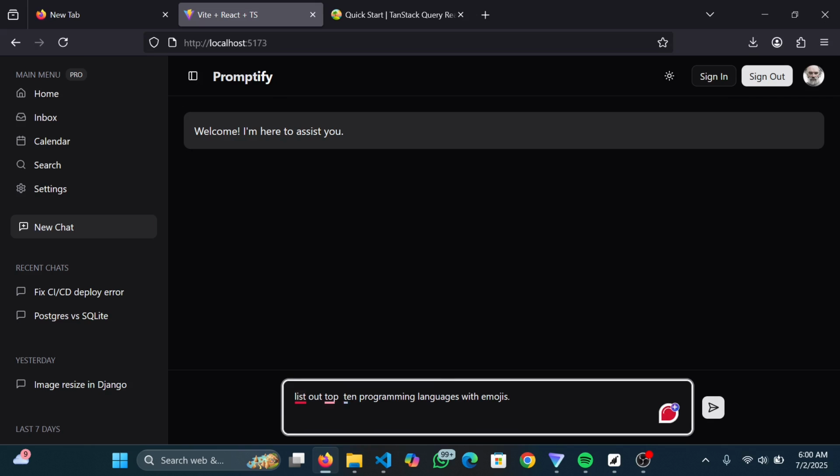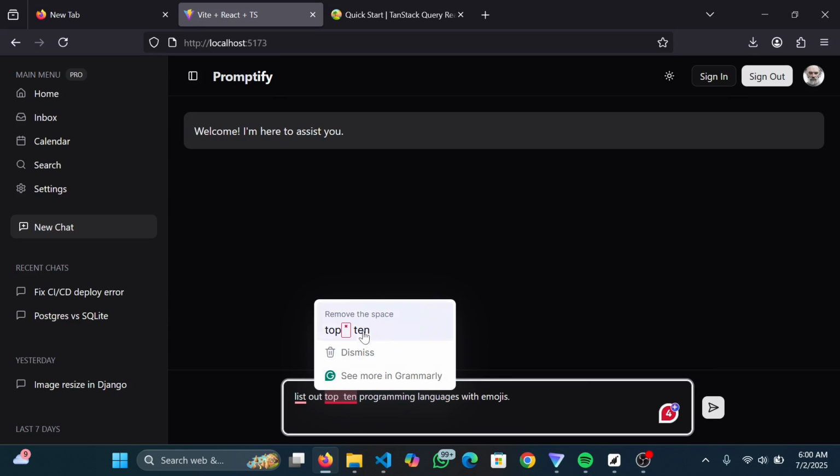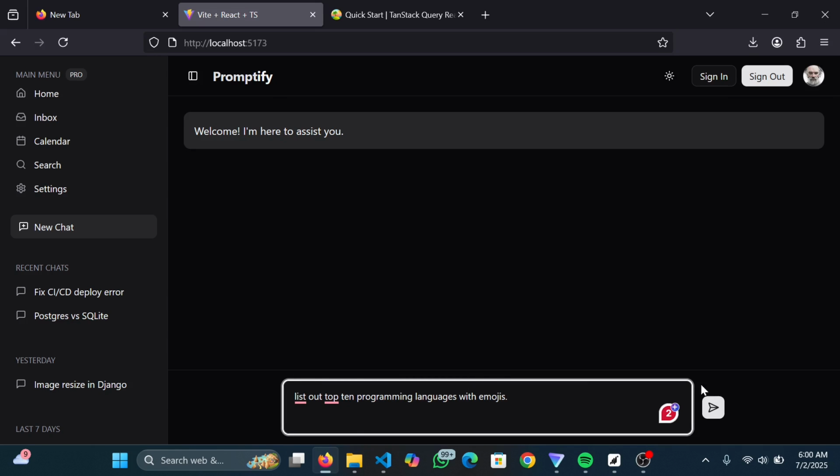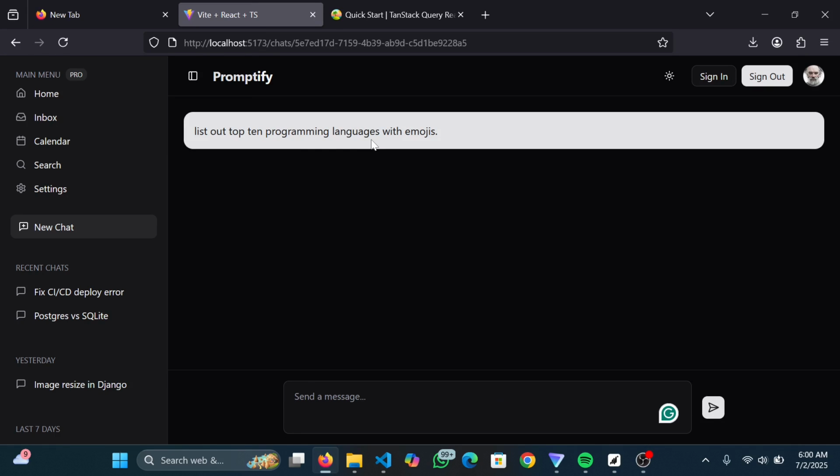Okay, send. Let's see. So I'm going to add the loading effects now to show that something is actually going on,